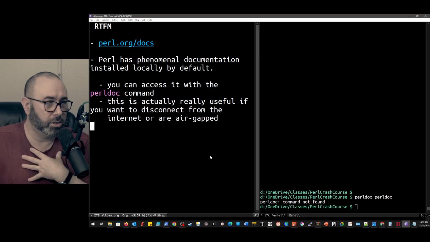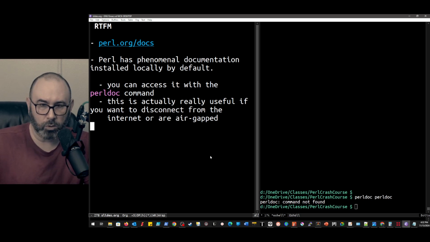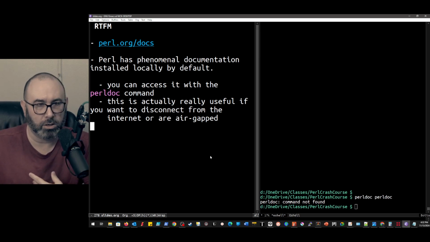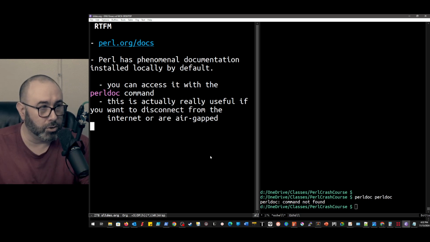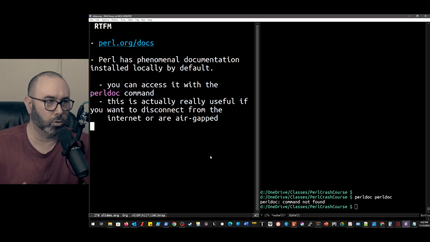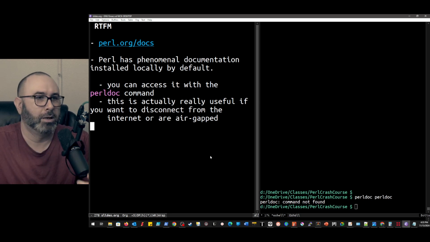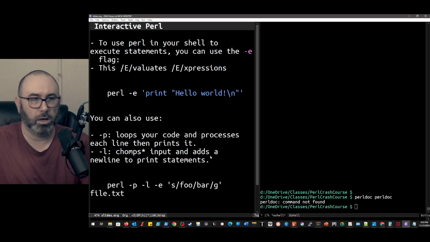Or if you're just somebody who's distraction prone, right? So this is something that I'm finding more and more difficult, and I'm sure a lot of you guys are right there with me, is if you're on an internet connected device, there's just tons of different distractions. So if I open up a browser to look at documentation, one of the things I typically try to do is not go look on YouTube for things like reference and tutorials and examples, because there could be a really interesting video, right? And I don't want to get sucked into it. With this, you can just still be in the terminal, and you'll be good to go.